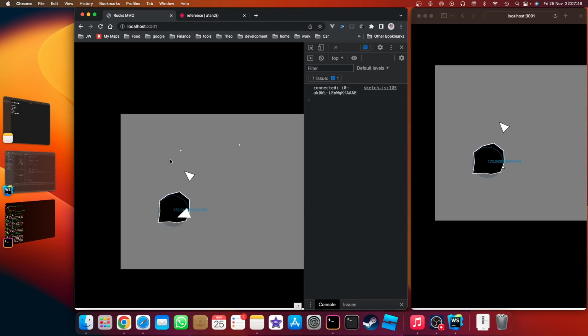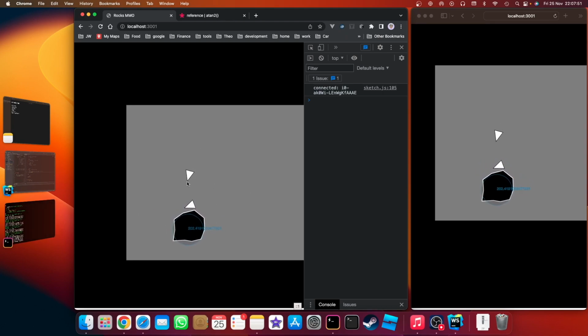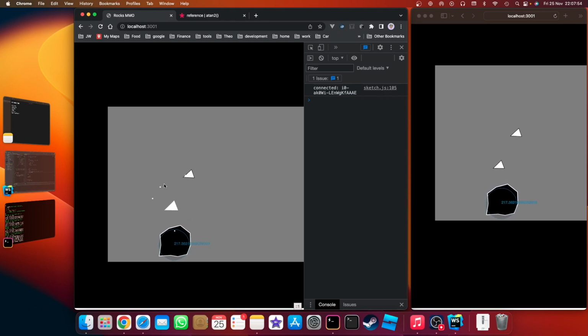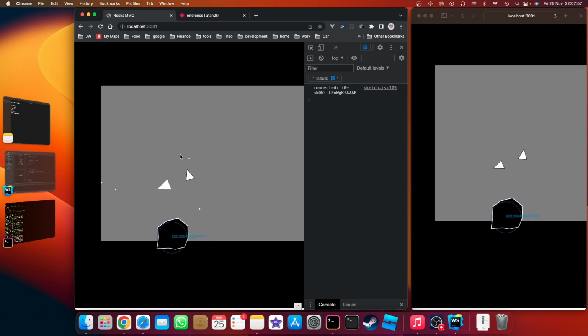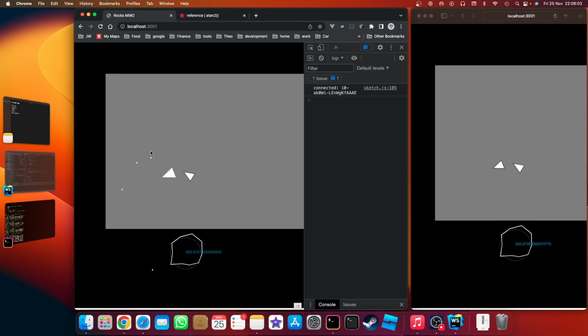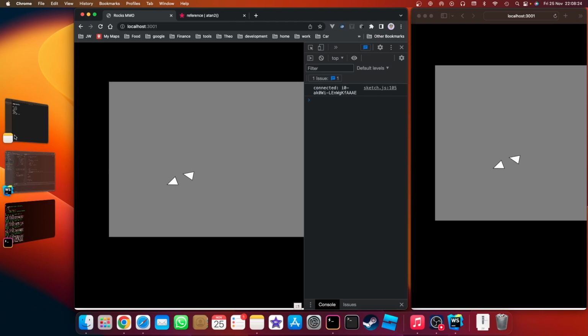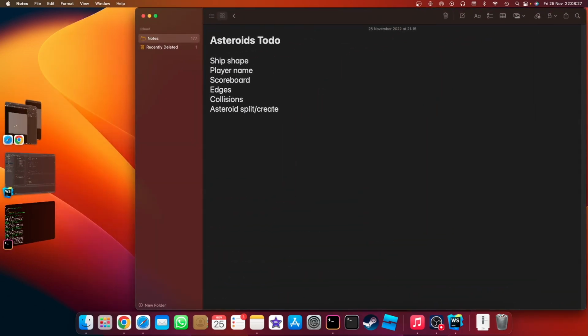So I'm on the left hand screen here where the mouse is, but you can see that on the right hand screen not only is it reflecting my movement, but it's also reflecting my position angle. So brilliant, we've managed to synchronize both things. I should have done that in the last video, so my apologies. And we've obviously got an issue with the stroke here. Oh, it's gone now. I wonder if it's to do with when the shots are fired. Right, okay. So we just need to tidy up the drawing of things on the screen, but that's okay, we'll come back to that. Anyway, I'm happy with the ship shape, so let's see what other thing we were going to do,